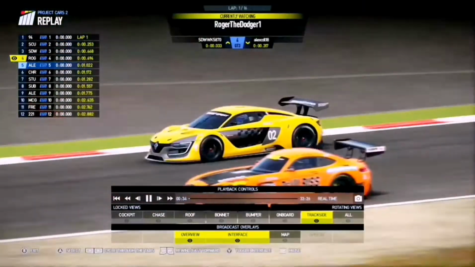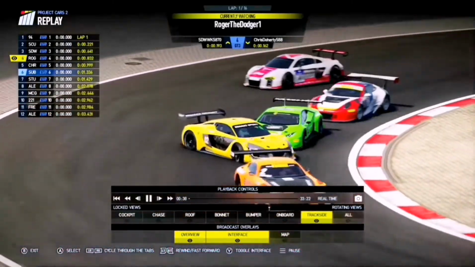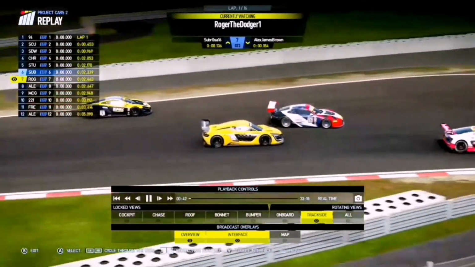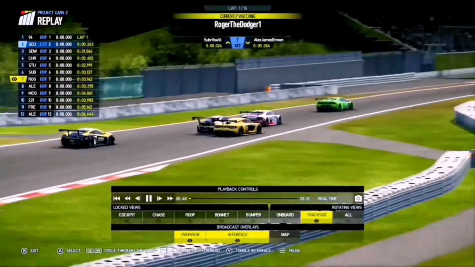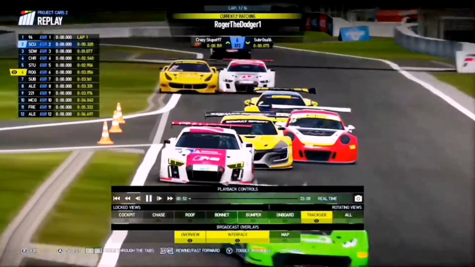Alex CDL looks like he's lost the back end of that Merc, and he's spinning round on the infield bit there, and now Roger the Dodger's having a bit of contact with the green Lamborghini there, Chris Doherty. He's fallen back through the field there, a little bit of argy-bargy going on. He's back behind Crazy Stewpot and battling away now with Subrosa's Porsche, coming down to turn 4 I think, or